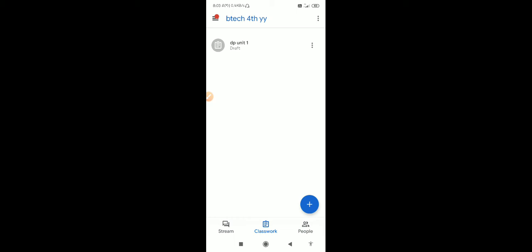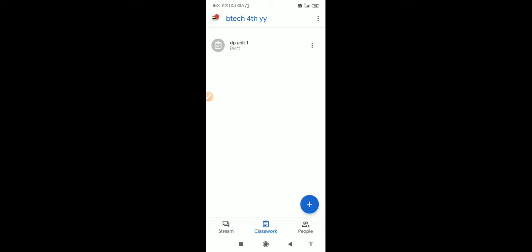Simple thing. Okay, done. The student will go to Google Classroom, write on a paper and use the CamScanner app. Please suggest the CamScanner app to scan the documents. After scanning, they will convert to PDF or JPG. After assigning the task, the student will write on paper and scan the document.